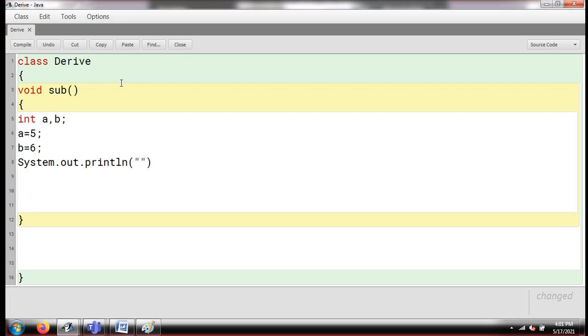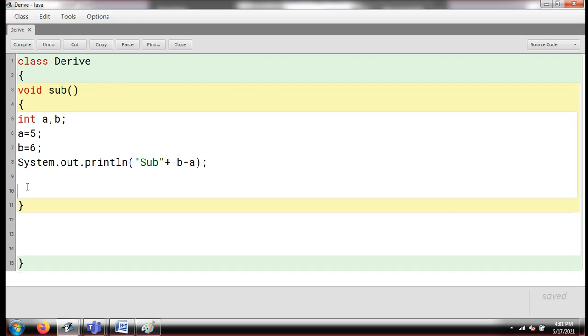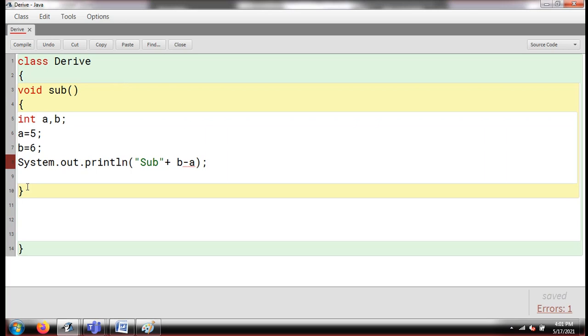I put a caption, and here I'm going to subtract, and I'm writing a minus b, but because b is greater, it will be good if I write b minus a. My work is done. I'm putting a semicolon here. So guys, you can see my function is done. I have added only the sub function.